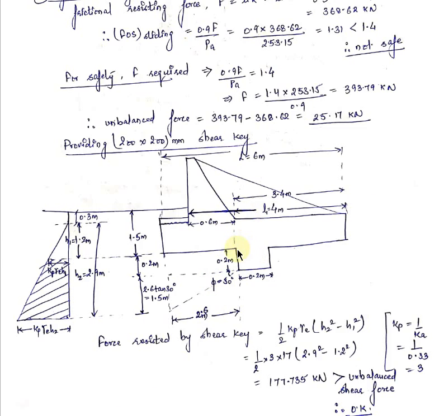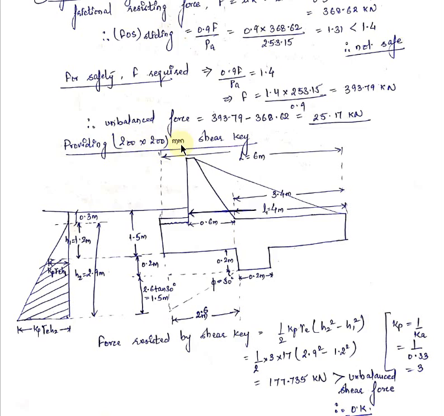For the shear key, you have to keep one point in mind, that the shear key is provided at the interface of the heel slab and the stem. The shear key is provided at that interface, because we do this so that the reinforcement of the stem can be extended up to the shear key. So first of all we will assume any desired dimension of the shear key, and then we will check if it is sufficient or not. So we will just start with the smaller dimension. So we will provide a shear key of 200 by 200 mm.